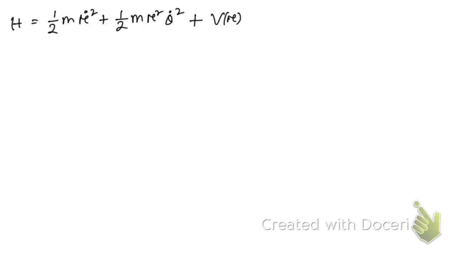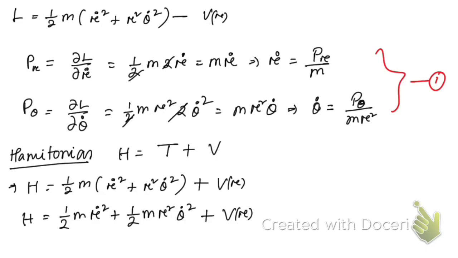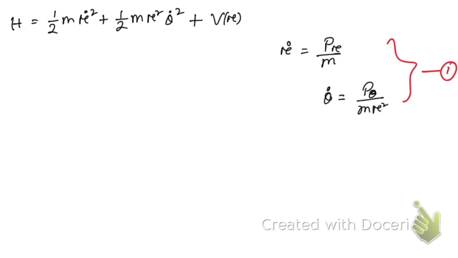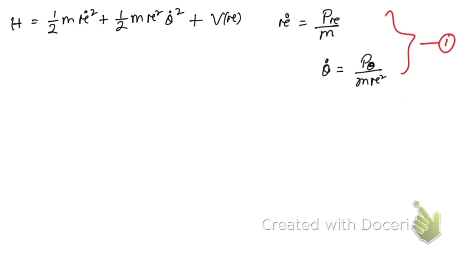So now you see one more thing, that from equation number 1, let me copy this result, R dot and theta dot from equation number 1. So what we have got here, these are the equations number 1. So here what we're going to do, we're going to replace the R dot square by this value of R dot, and theta dot will be replaced by this result. Then we're going to have